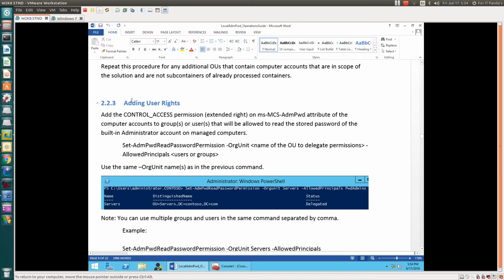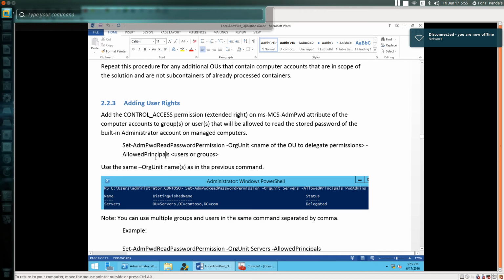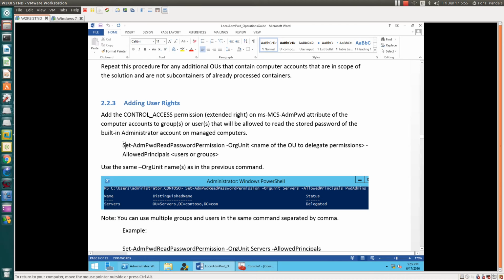So here we have to add the permissions. Let me open PowerShell again and import the module AdmPwd.PS. This is the command to add the permission, Set-AdmPwdReadPasswordPermission, with the organization unit name and the allowed principals, your user or your group name.